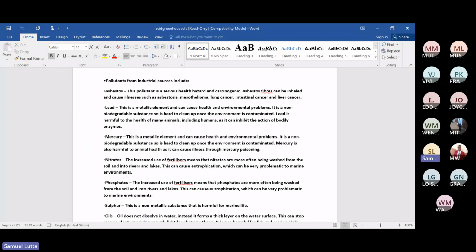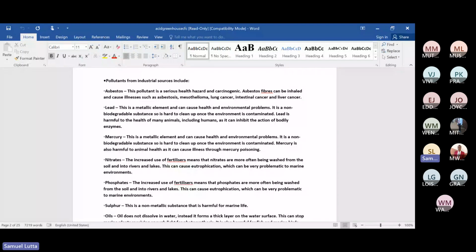Eutrophication: when you have too much of these nitrates in the water, they'll cause the planktons to overgrow, just like we had the problem of water hyacinth. When you have too much of these plants in water, they'll tend to compete for oxygen with the aquatic creatures like fish, and this might lead to suffocation of the same. Phosphate, the same thing. It can also cause eutrophication. When you have excess nutrients, the planktons or plants which grow in water grow very fast, and when the population is too much, they might affect the